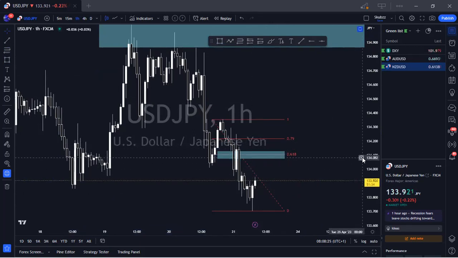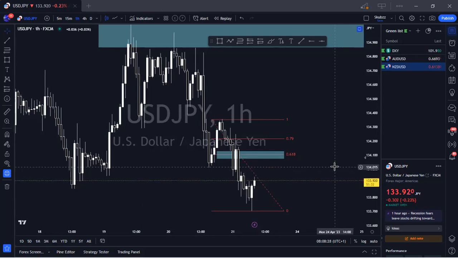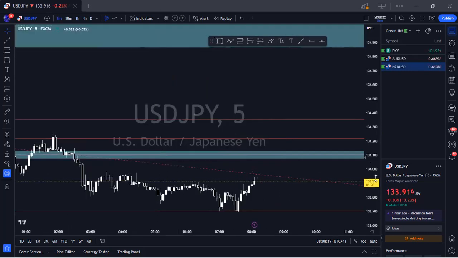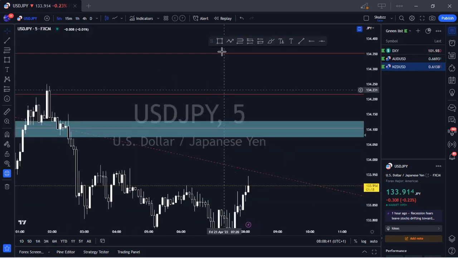So now once price starts getting into this area, let me even set an alert there. What you can watch out for now is your entry criteria, which is either a shift in market structure on the lower time frame or candlestick confirmation. So I'm setting an alert there. Once price gets inside, I'll be looking for price to shift structure on the lower time frame.